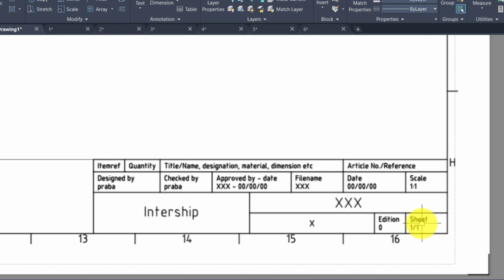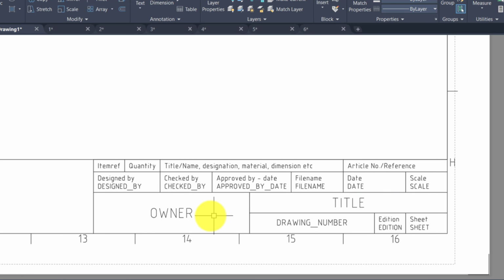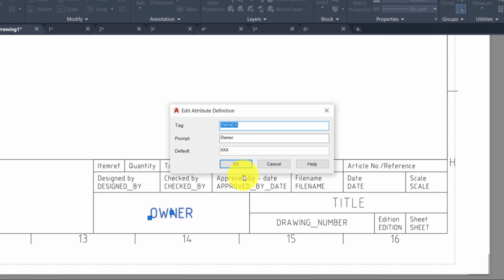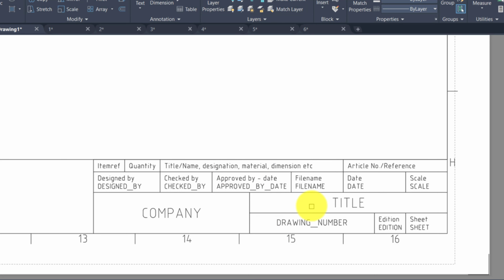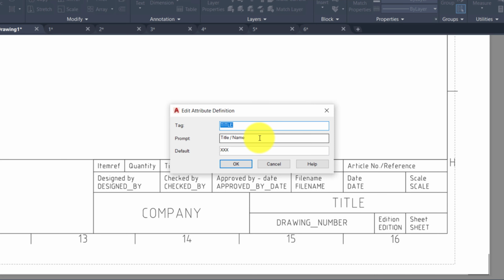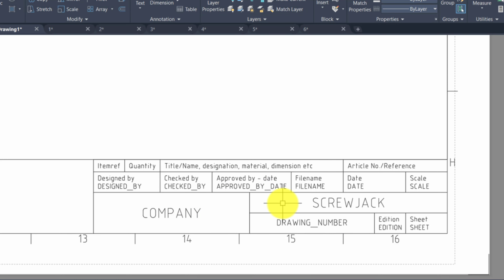Otherwise, this is all in a single object called a block. Explode it. Individually you can select and delete. Tag. You can change title. So like this we can edit.